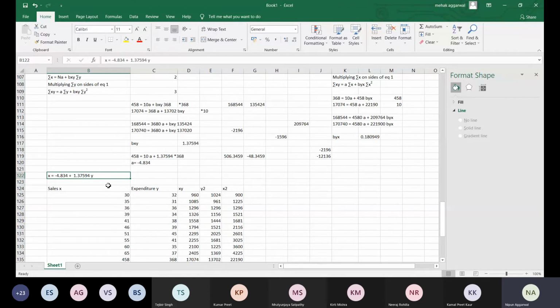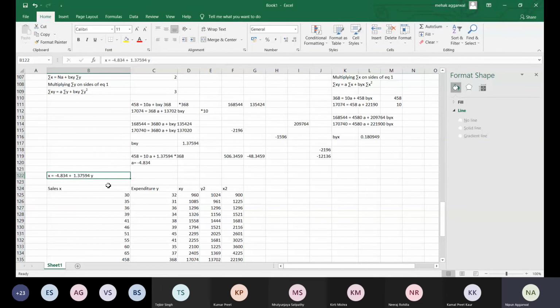अब forecasting कैसे कर सकते हैं हम? मैंने एक regression line निकाल ली. अब मुझे अगर कोई ये कहे कि after 10 days the expenditure is 50,000, so I can simply put the value of y as 50,000 in this regression line and calculate the value of sales. So that regression line can be used as a forecasting tool also, to predict the future values. So I can predict the future value of the sales by putting any future value of expenditure in this equation, and then find out the value of sales for that. So that is your forecasting tool also.